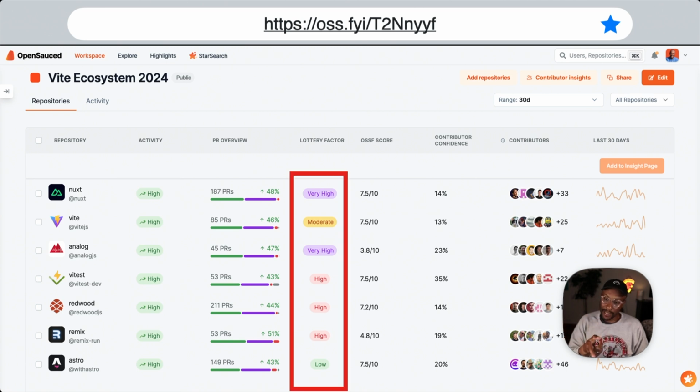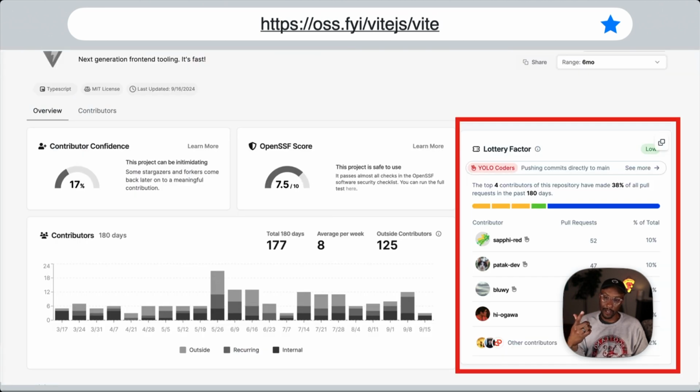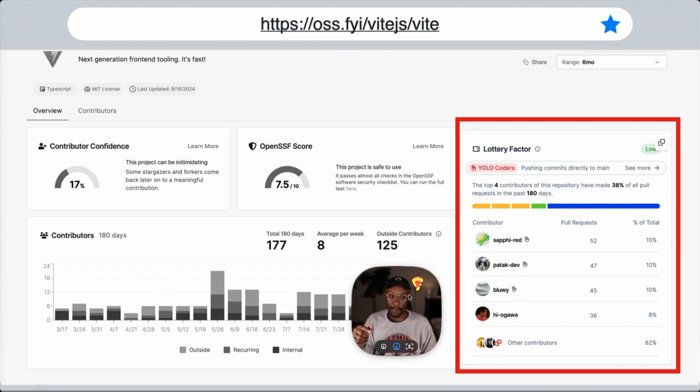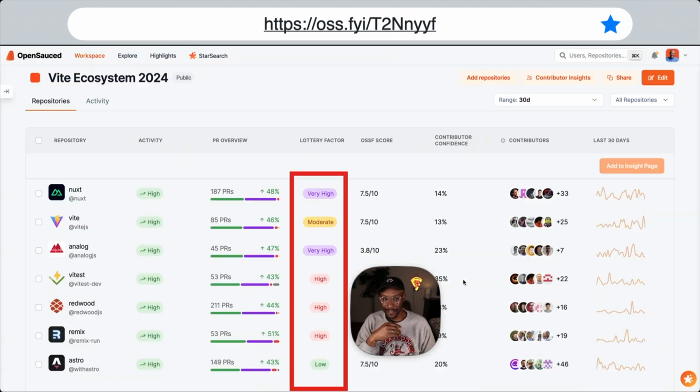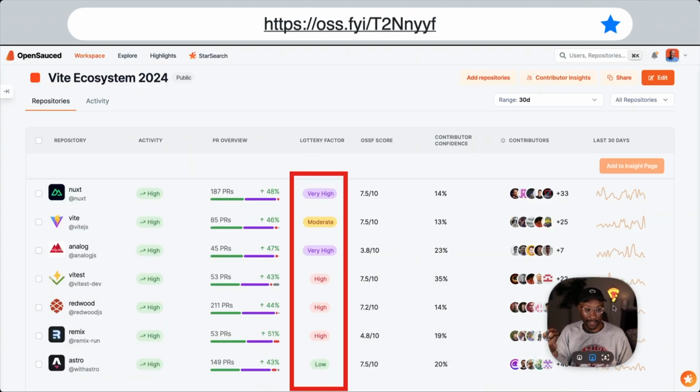Now, one thing I'll point out is the lottery factor. And lottery factor, you'll see across the board, some are high, some are pretty low. The idea of lottery factor: folks end up winning the lottery, there's a chance they might not come back and make a contribution. And I bring that up because you might hear this as bus factor, but lottery factor is a more positive spin on why people maybe don't come back to make a contribution. And it's pointing out that we've got the Nuxt team, which has a very core group,